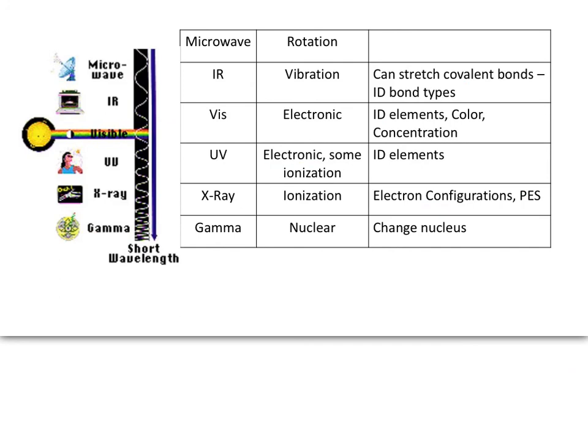Now, we don't typically use gamma rays because gamma rays most usually come off of nuclear reactors, and they will change the nucleus. Really fundamental change, produce lots of energy, cause cancer, all that other stuff. But so these are the ones that we typically think about when we think about taking advantage of them to figure stuff out in chemistry. All right, we're going to